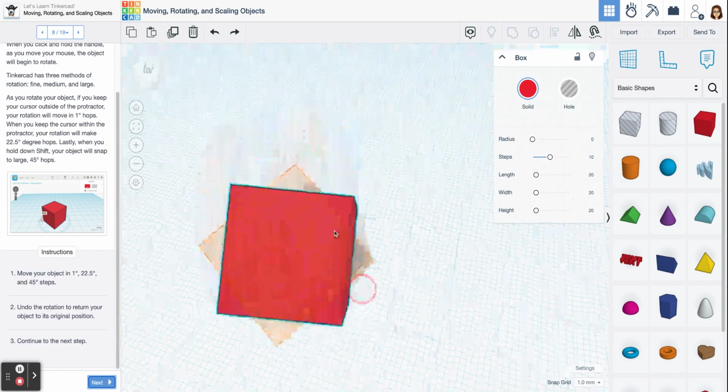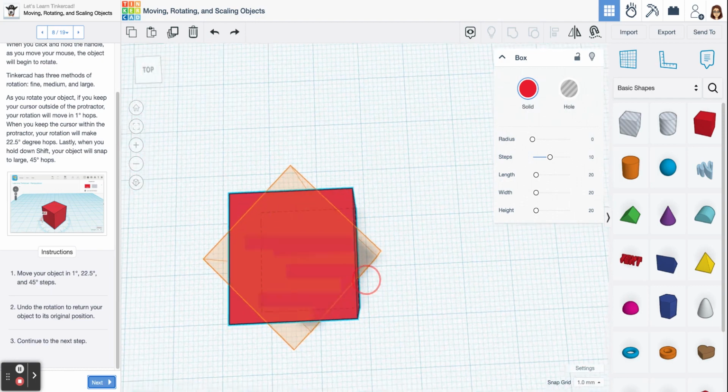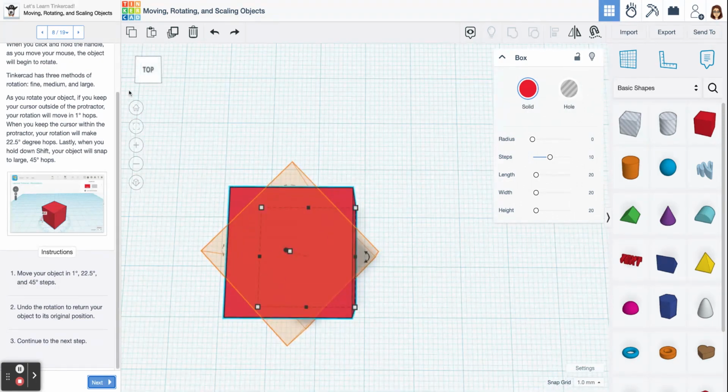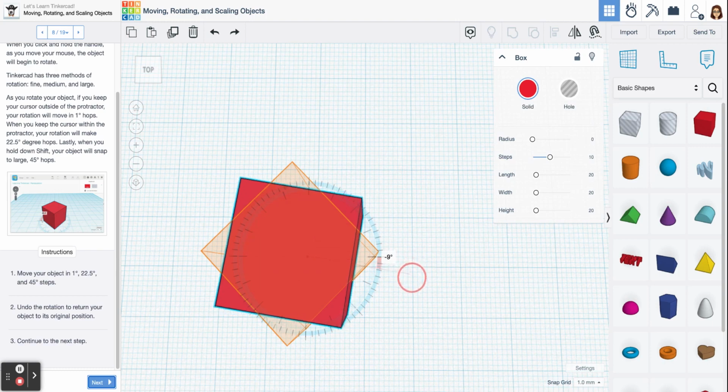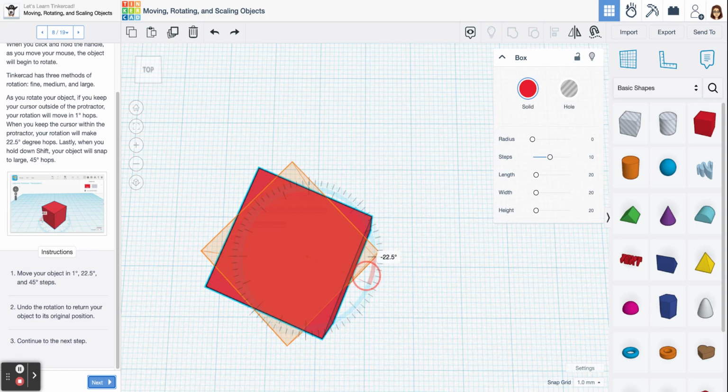So if I'm looking at this object from the top, you can see that I'm looking at it from the top from my view cube. I have 1 rotation arrow to select. If my mouse is far away from my object, I can move in 1-degree increments as seen here. If I bring my cursor closer to my object, I will now select